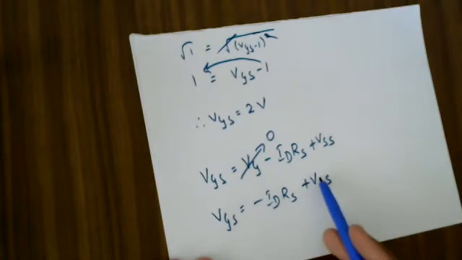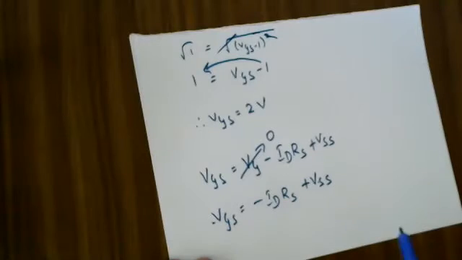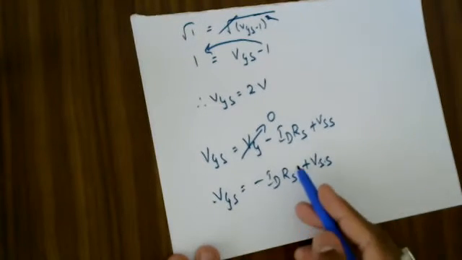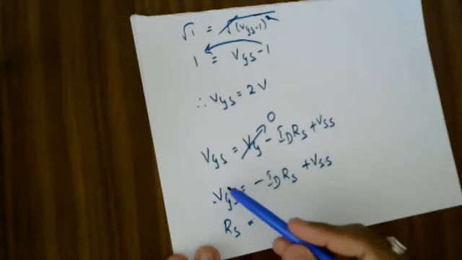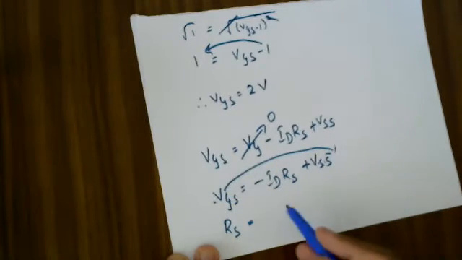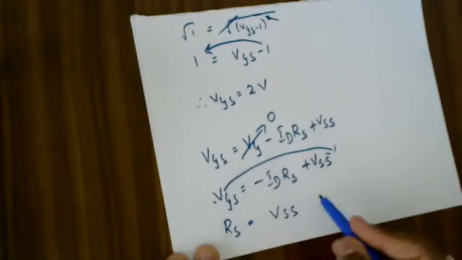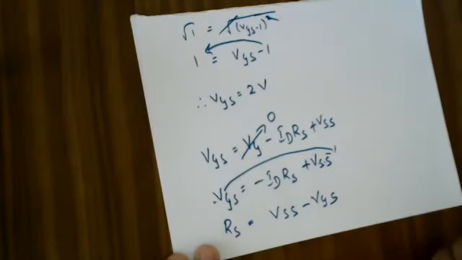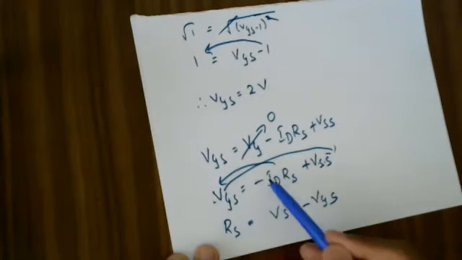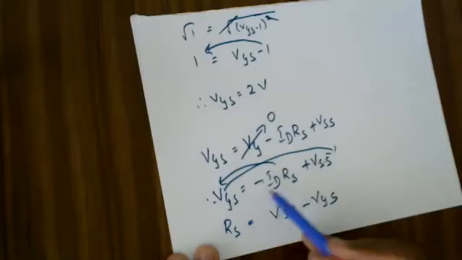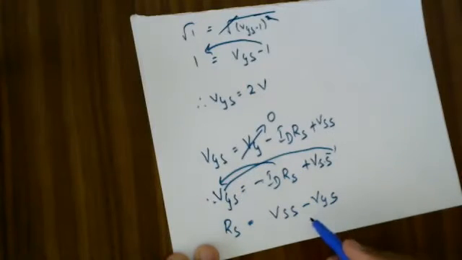So I'll send this VSS from RHS to LHS. What is it that I'll be getting? Or you can do the reverse. You can take this term on the other side so that the minus sign gets cancelled. So I can write the equation for RS as RS is equal to... what I'm doing now is transferring this from LHS to RHS. So VSS is as it is minus VGS. This I am sending from RHS to LHS, ID into RS, so negative becomes positive. So now I write the equation for RS. ID I will send to the denominator, right?